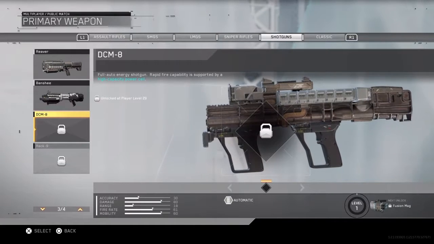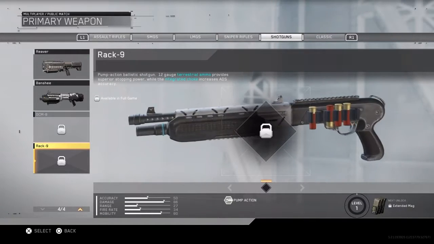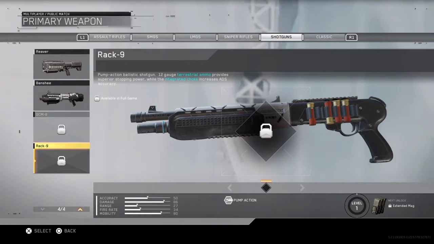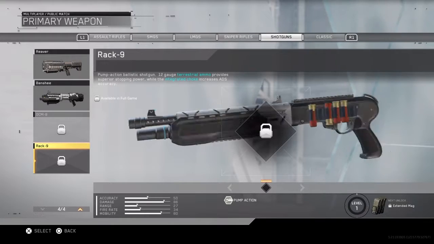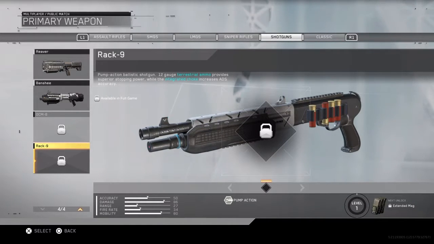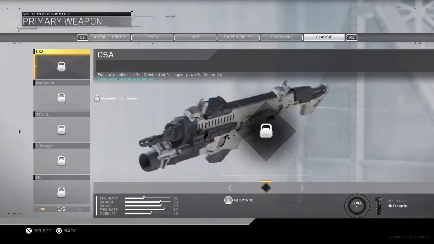Have not played with this one at all, so I have no idea what this is, but it looks pretty cool. And then your Rack 9, which looks like your basic pump action. Looks like the Stakeout from Black Ops 1, so that's pretty cool. And then the classic, which I think I am most excited about, we got the OSA, which looks like